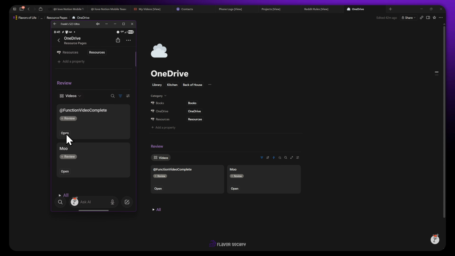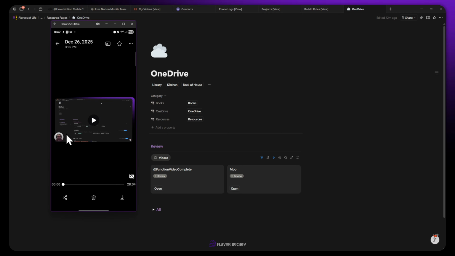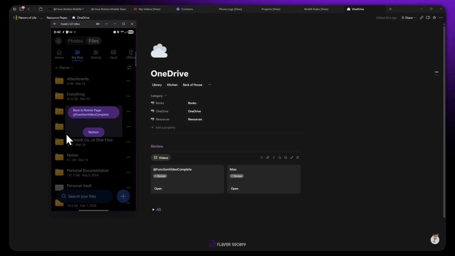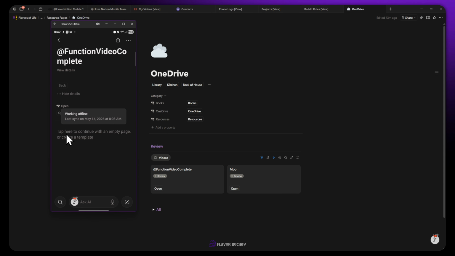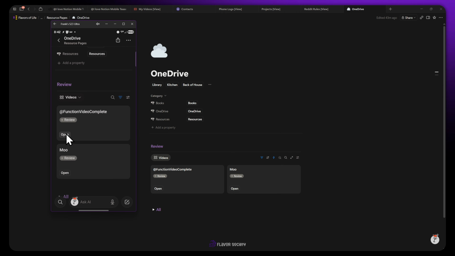So you can see right here, here's the same videos, and we're going to open that on mobile as well, taking us directly to the video. From there, we're going to hit the back button, which is going to give me the ability to either go directly back into that page or into just the OneDrive main page. So for instance, I can go back specifically to that page if there were other details and such that you wanted to look up. From there, we're going to hit back again to go back to the main screen,